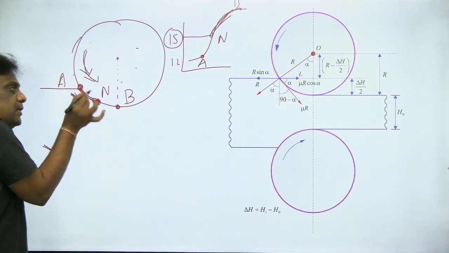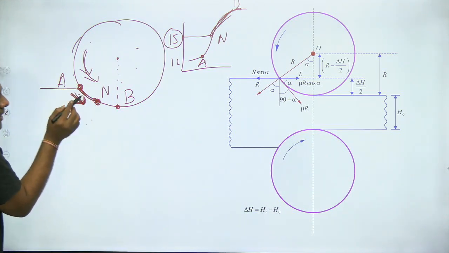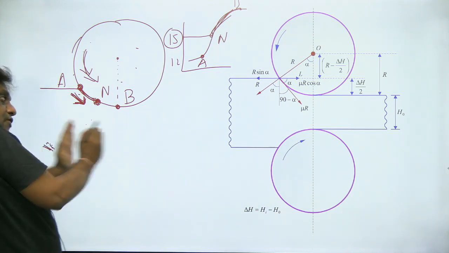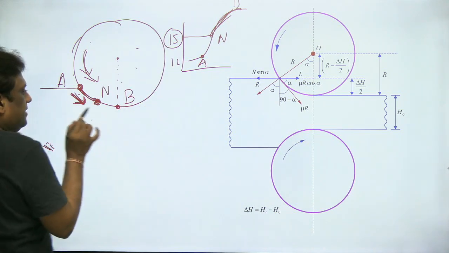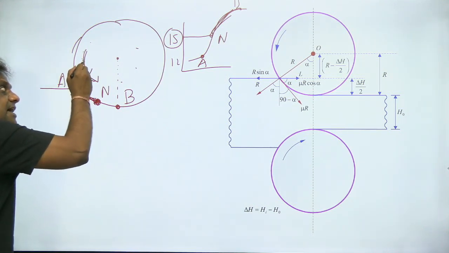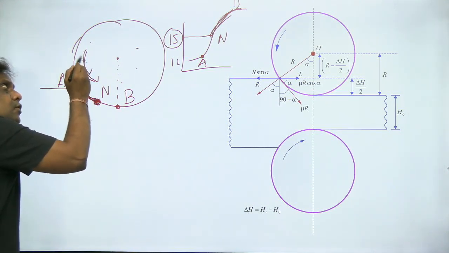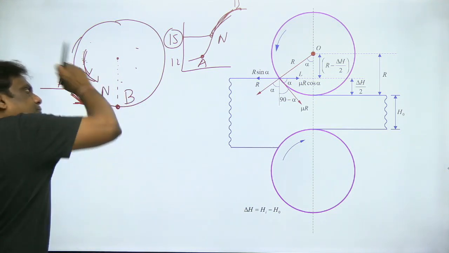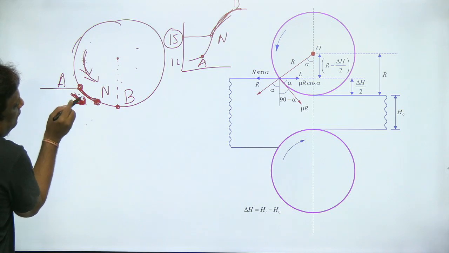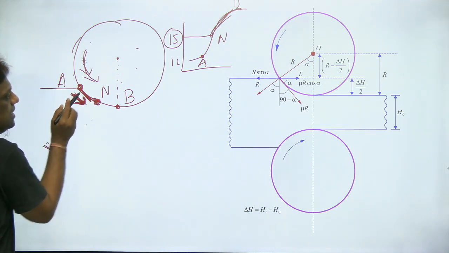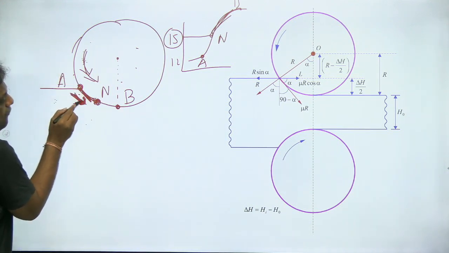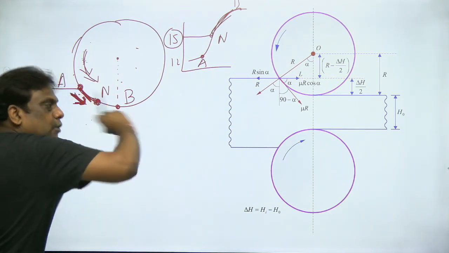So from A to B, in the lagging zone, I repeat, in the lagging zone, the frictional force will be in the direction of rolling. The rolling is occurring in this direction. In A to N, in the lagging zone, the roller velocity is more, so it will try to pull it, to drag it. At the contact of the two, what force is this? Frictional force. As it is trying to drag, pulling my plate, the frictional force will be in the direction of rolling.